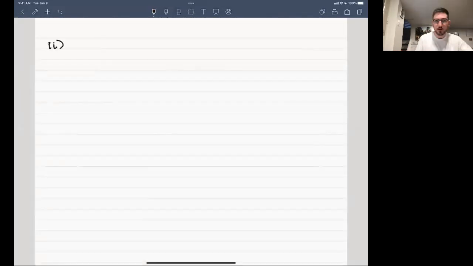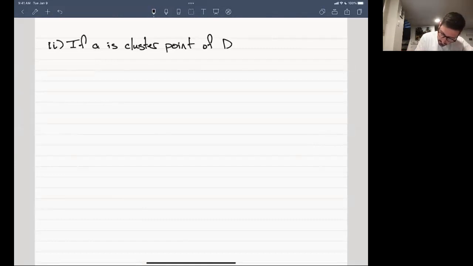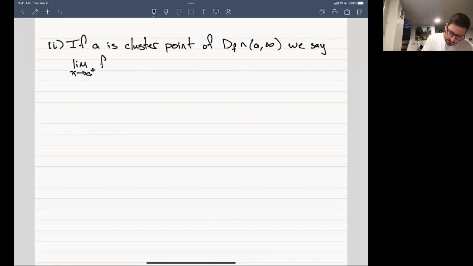So part 2 of this definition: if a is a cluster point of the domain of f intersected with a to infinity, so just the right half of the real line from a and up, we say that the limit as x goes to a from the right. Again, if you took a calculus class before this, you probably are familiar with this notation. The plus means the right, right? We think of going to the right as the positive direction. Provided that